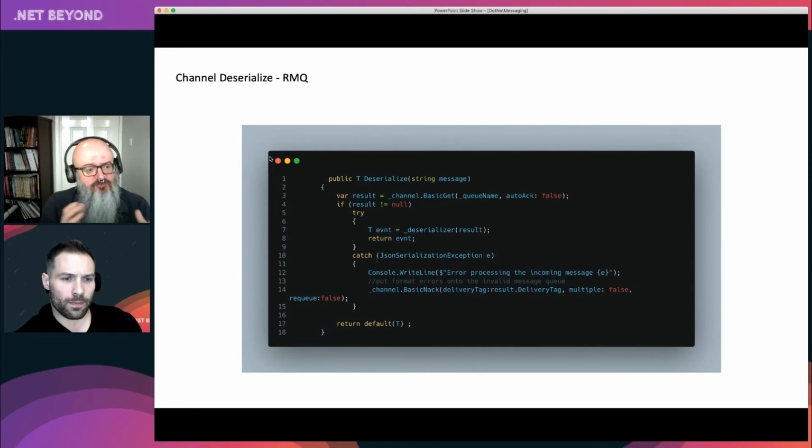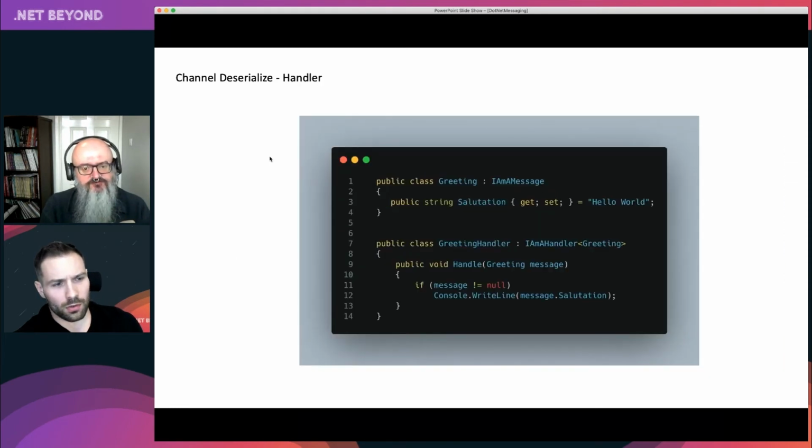And again, don't worry about the detail here, but we'd have to write some code to deserialize. There's some code here which basically says, hey, I'm assuming you've got some kind of deserialize function, and I'm going to actually deserialize the message for you. So there's quite a lot of code to write to do messaging.